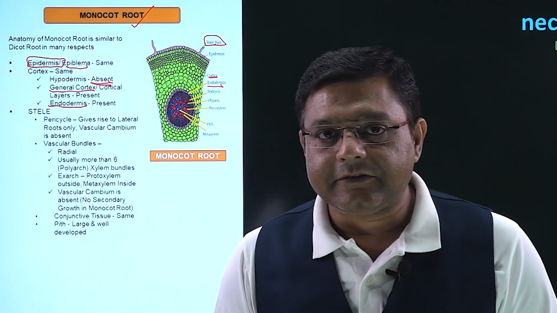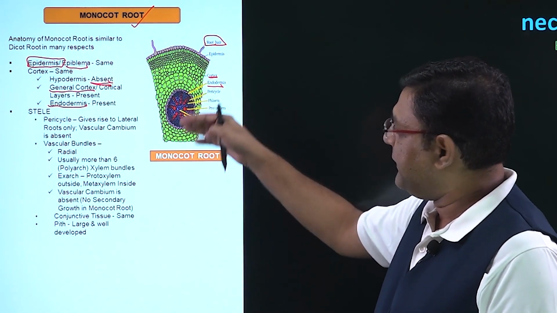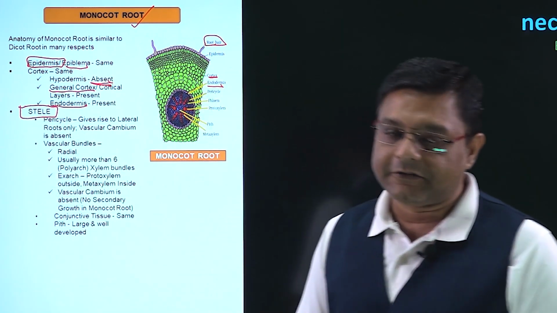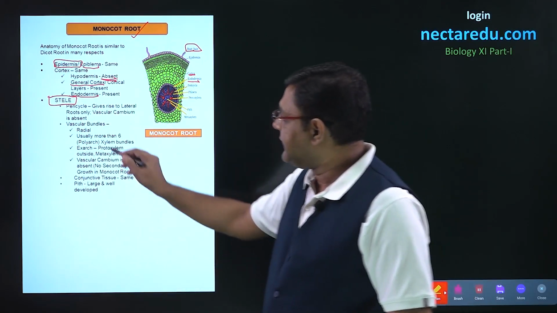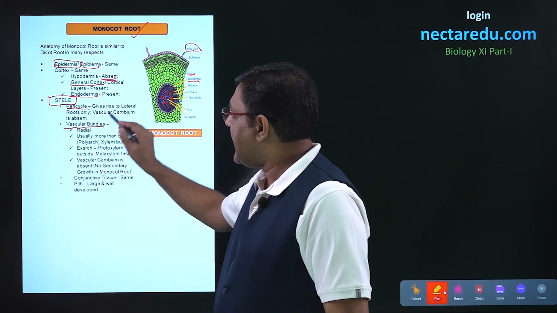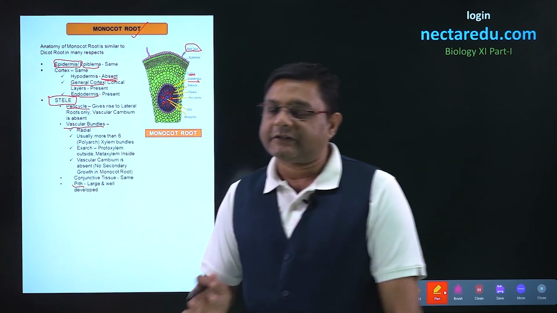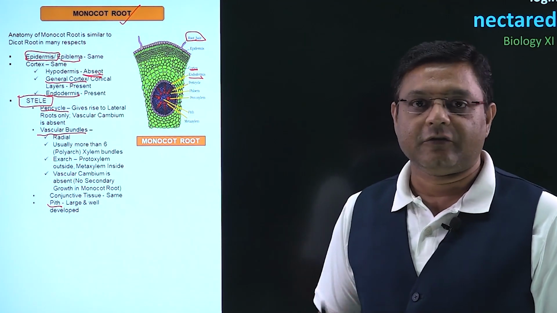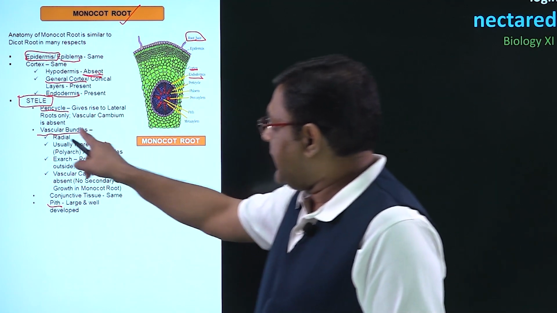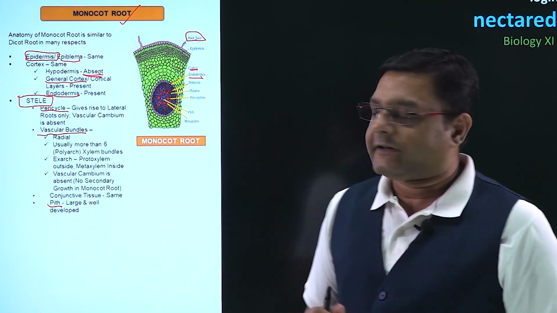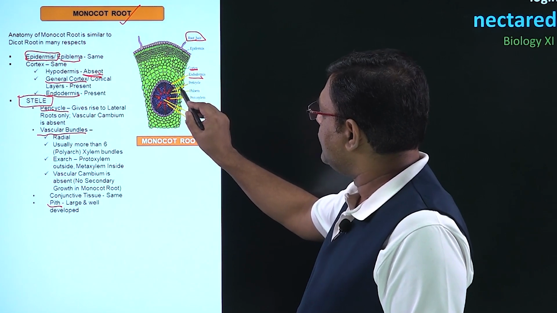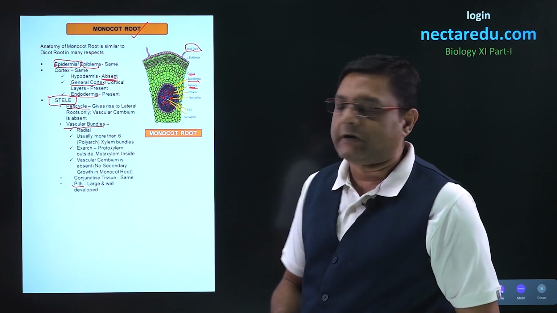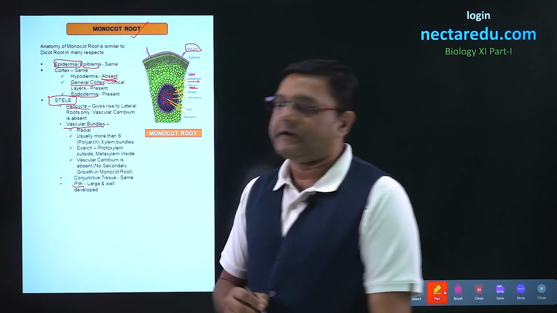After this, all the structures which are present below this endodermis, those structures are collectively called as stele. So we can say that stele has pericycle, it will have vascular bundles as well as pith will be a part of stele. The same classification was present in the case of dicot roots also. Now, if we talk of the first structure, that is pericycle, so we can look into this diagram that the cells which are present below this endodermis, those are parts of pericycle.